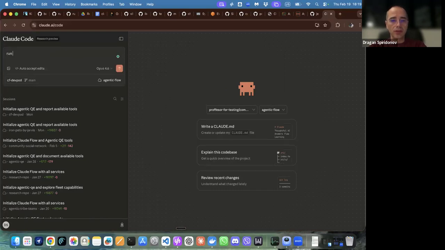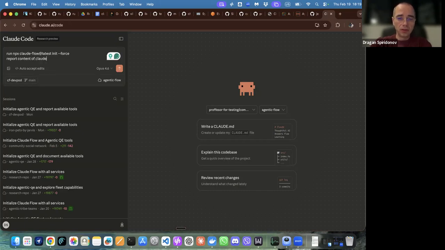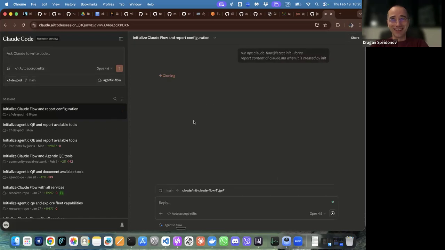Run npx CloudFlow at latest init force. Report content of Claude MD when it is created by init. This one will work sometime.